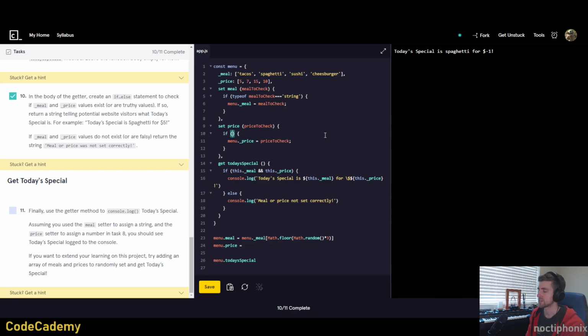So we want to say that if meal exists, right? If meal is truthy, which this needs to be this.meal. If meal is a true value, which it is, then menu price would be